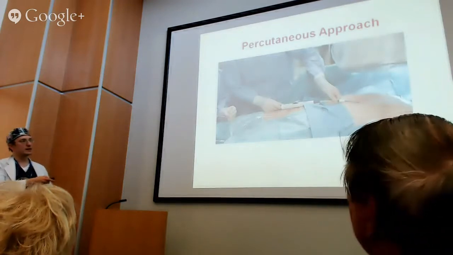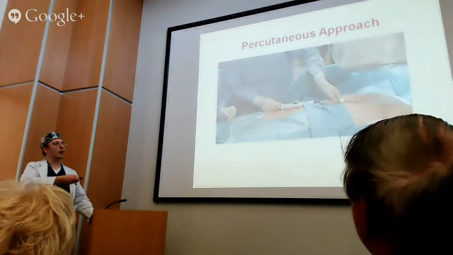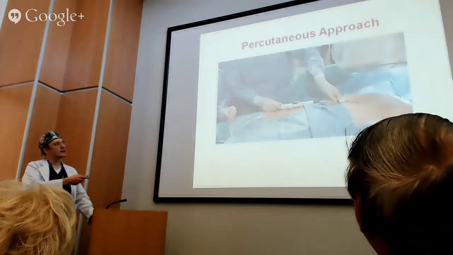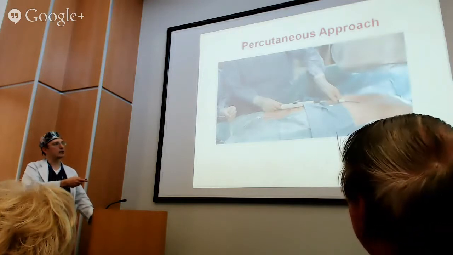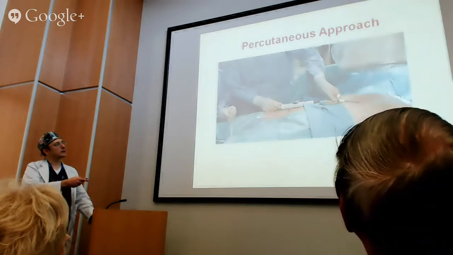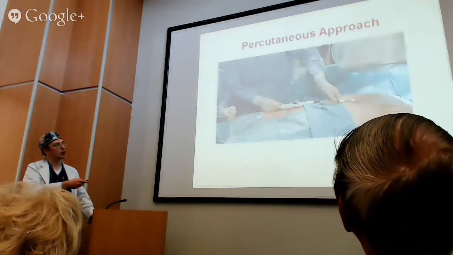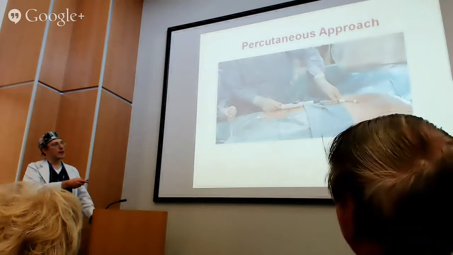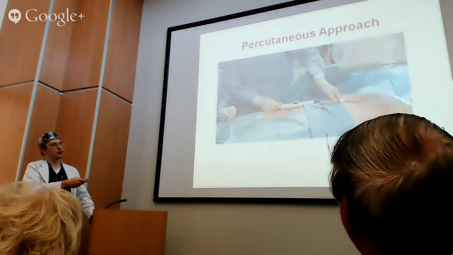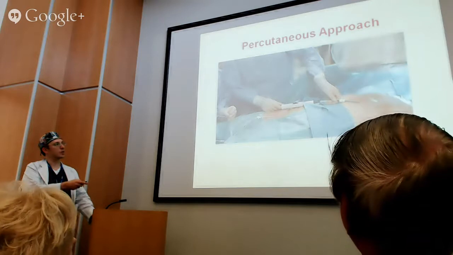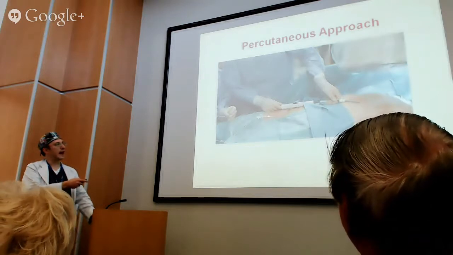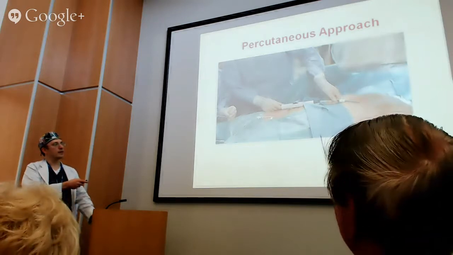So basically, this is not something where you open up the chest. You can see this is the device that has the lasso catheter. This is the surgeon's fingers, and this is the catheter that you insert under the breastbone. And then when you're done, you pull it out. There's no stitches. There's nothing else. This is one catheter, and this is the second catheter that we insert through the vein in the leg.